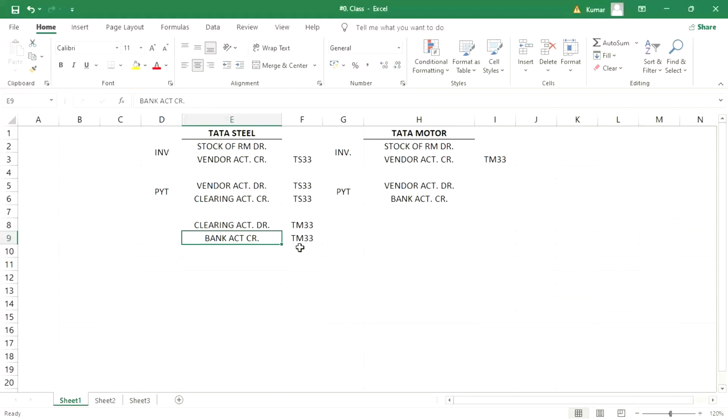Okay. So guys, don't be confused. This is a different GL and this is a different GL. This GL we have set up for Tata Steel and this GL we have set up for Tata Motor. Okay. No need to post any transactions manually, guys. This transaction is going to take place during APP. That is the beauty, right? But it is quite complex, in the sense that I have kept an example of two company codes. What will happen with multiple company codes? Let's suppose three company codes are there, four company codes are there,